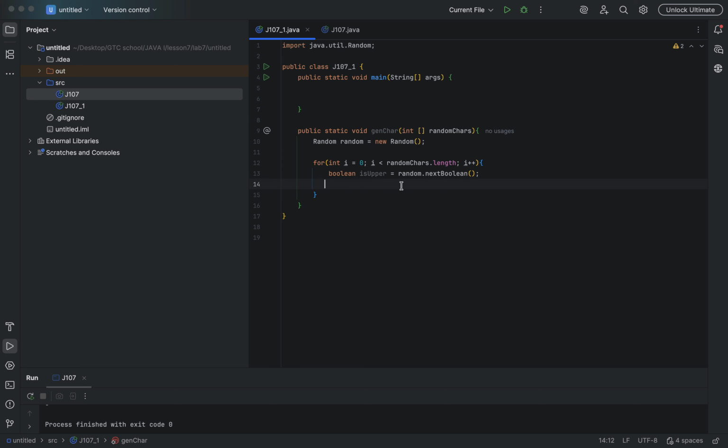So now I can go ahead and assign these values to the array. So to do that, name the array randomchars, and the subscript is going to be i, because i changes from 0 to less than the length of the array, and we're going to set it equal to, if isUpper is true, then we're going to assign